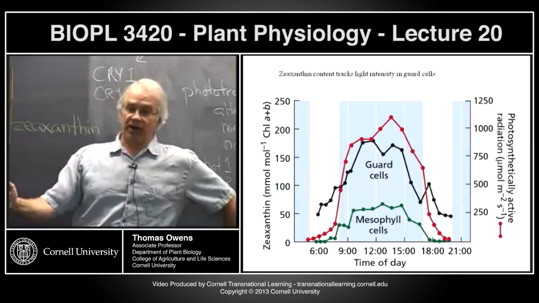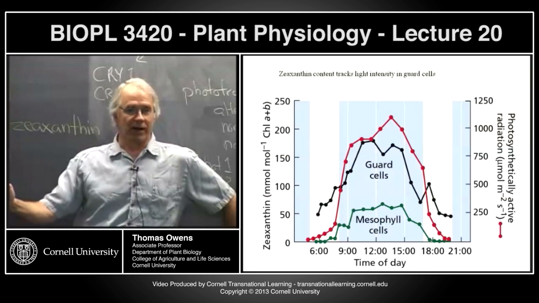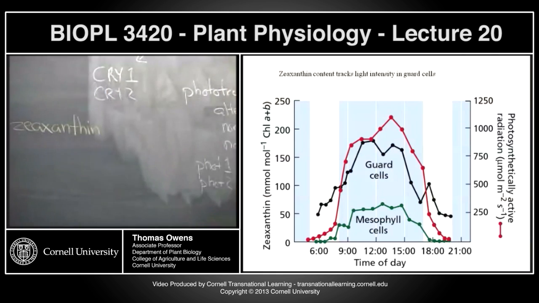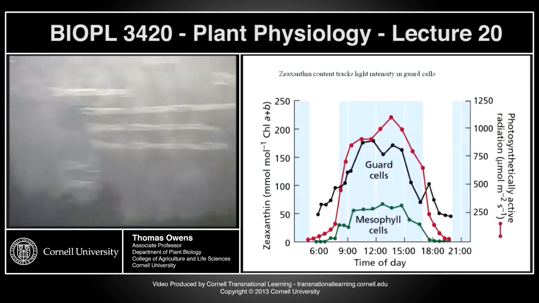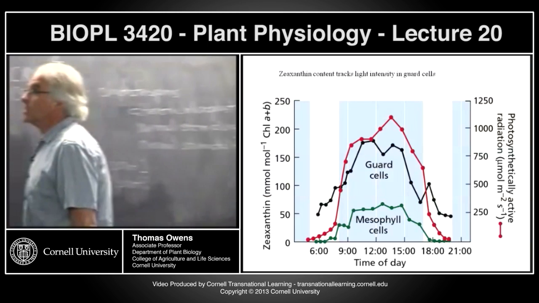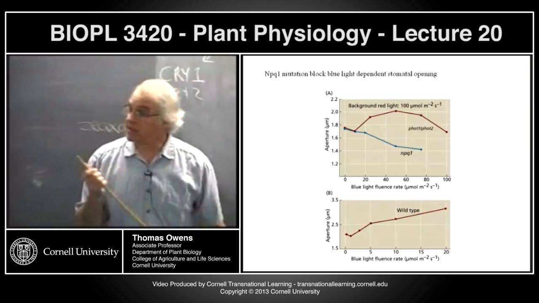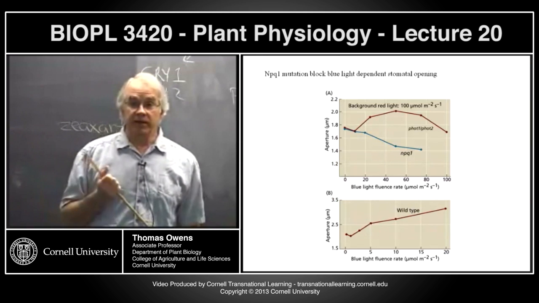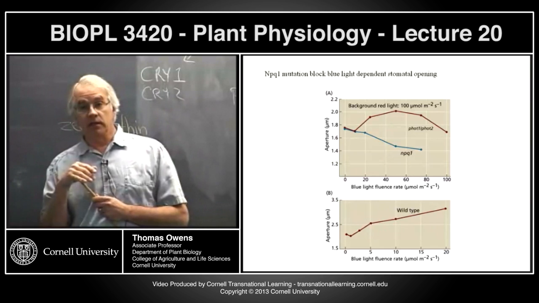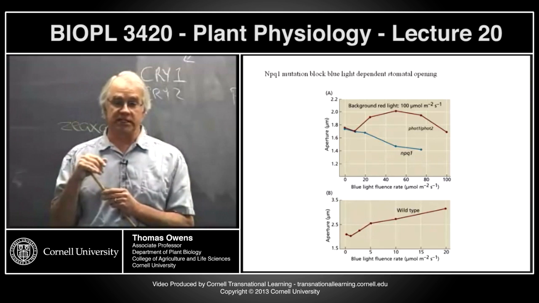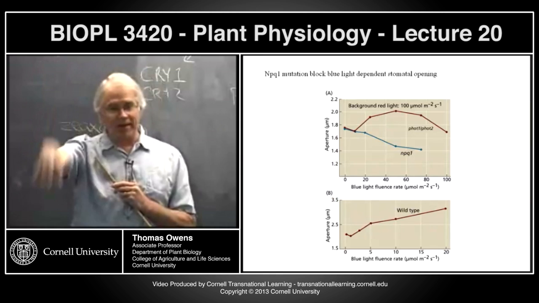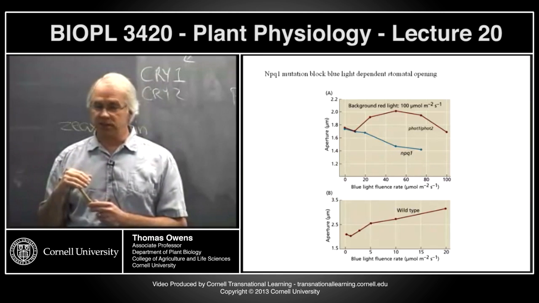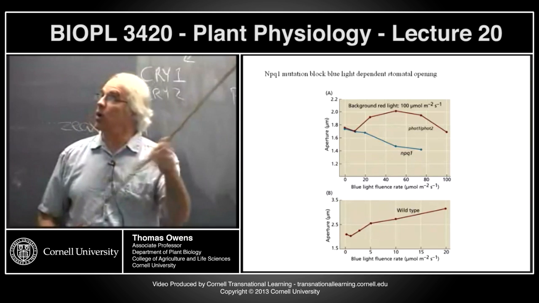Nevertheless, that doesn't seem to have impaired Zeiger from going on and trying to produce data that talks about the role that zeaxanthin plays in guard cell photosynthesis and stomatal opening. Now, one of the interesting things that he's shown is that there's a mutant called NPQ1. NPQ1 is a mutant in the enzyme that produces zeaxanthin. So it's not like somewhere way back down in the carotenoid biosynthesis pathway. It is the last enzyme in the pathway that synthesizes zeaxanthin. So NPQ1 cannot